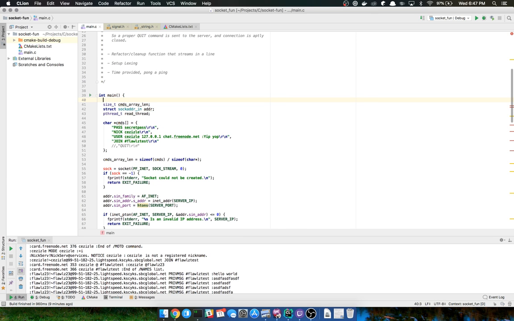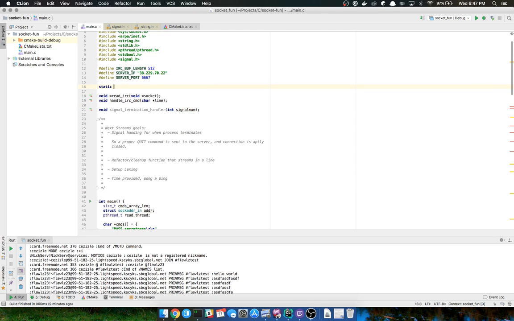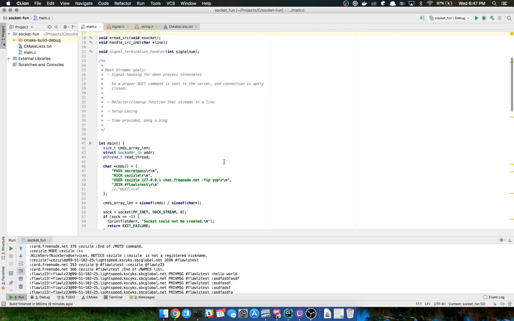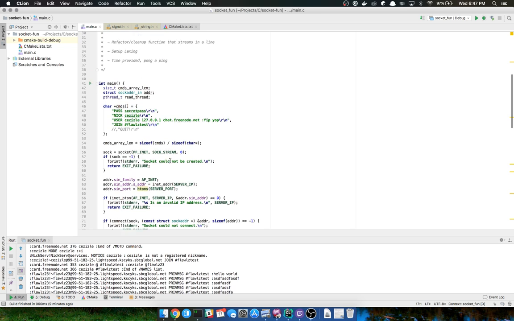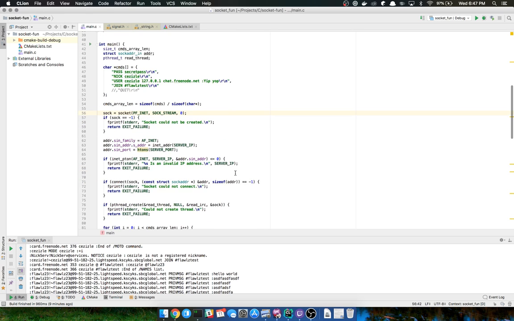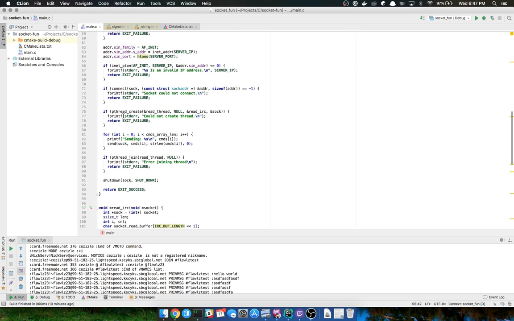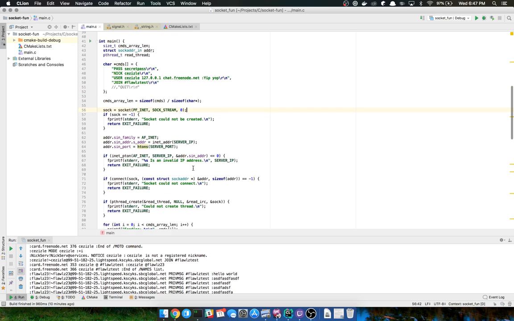I'm going to do what people probably shouldn't do if they can avoid it. Just go ahead and make that global. Now it's going to be shared between two threads. Since I'm writing this application, I know that I'm not going to overwrite this variable in my other thread, but that is something we need to be concerned about.